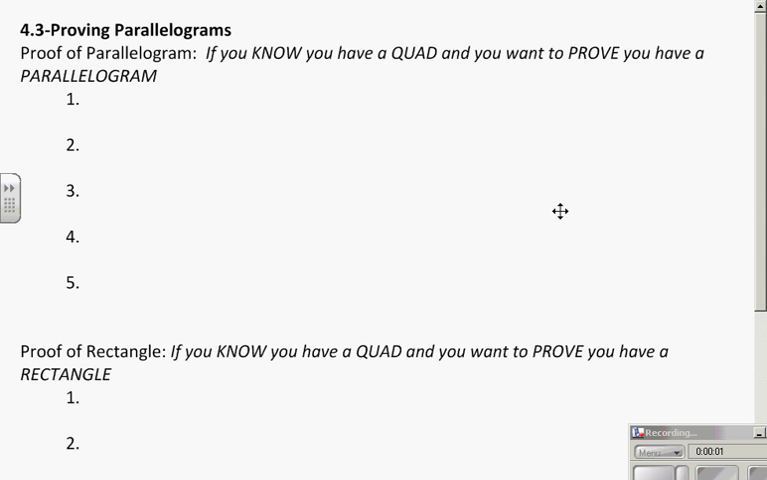All right, 4.3 is about proving parallelograms. Now, in 4.2, we knew we had the different shapes and we applied the properties. Now, we don't know what we have. So this is how we take a random quadrilateral and we guarantee it is a parallelogram, a rectangle, etc. And then we get all the properties from before. So make sure you're always paying attention to what you know and what you want to prove or what you